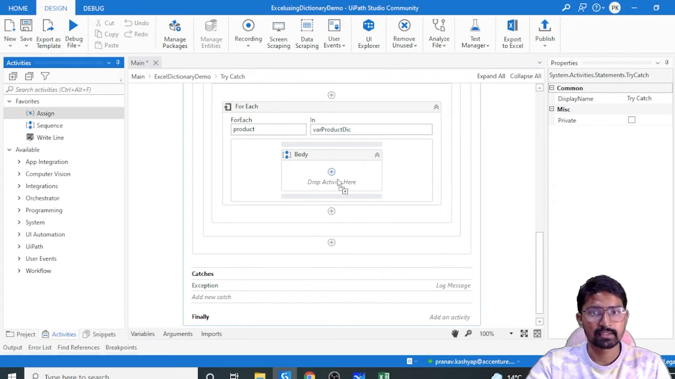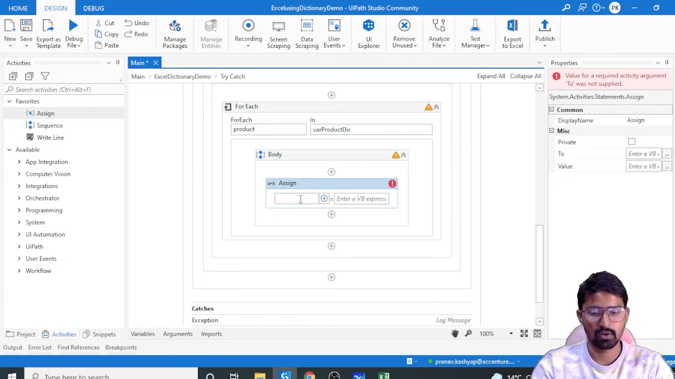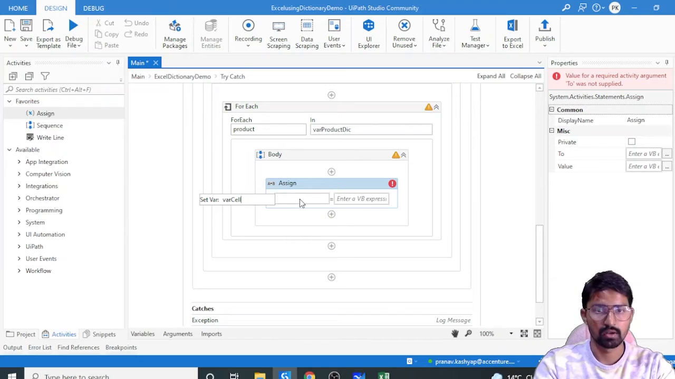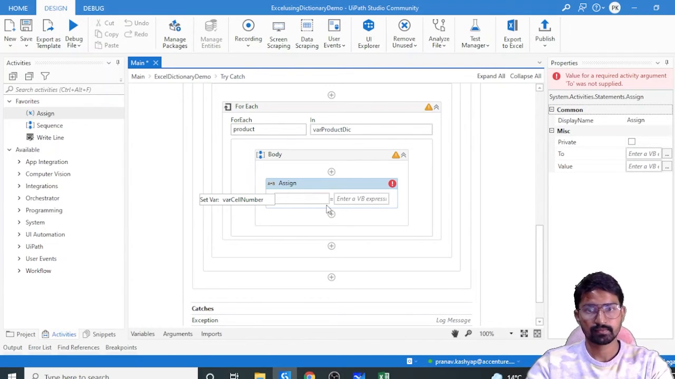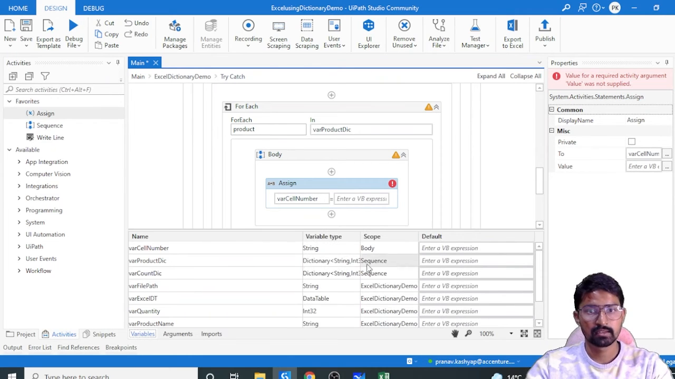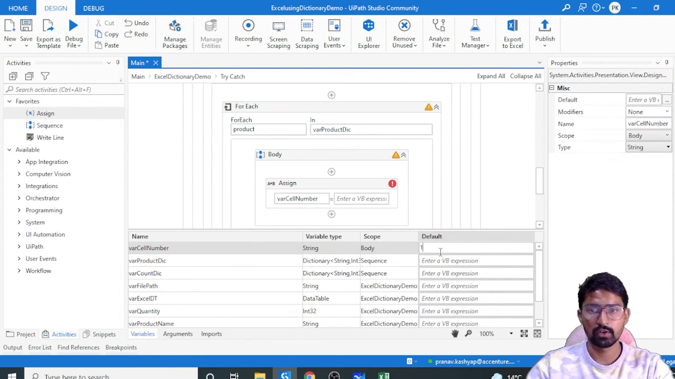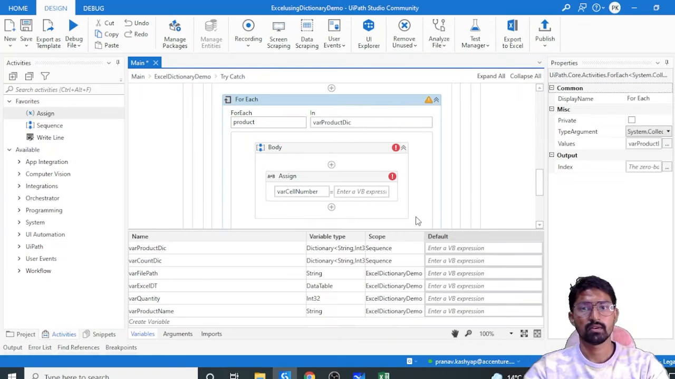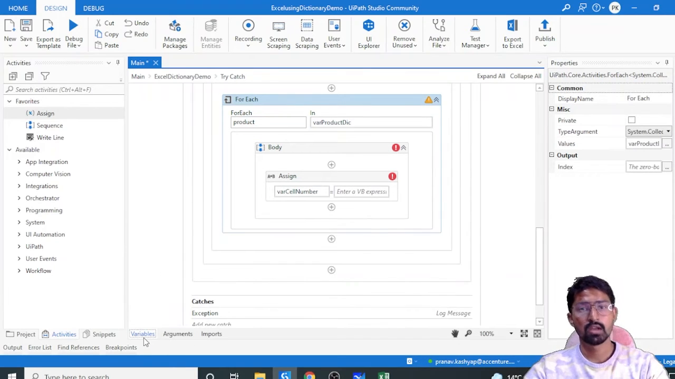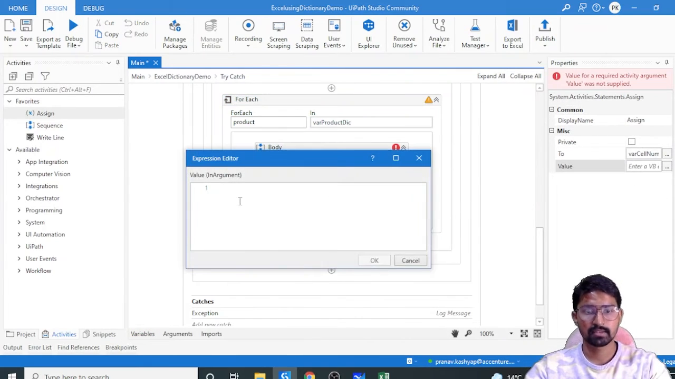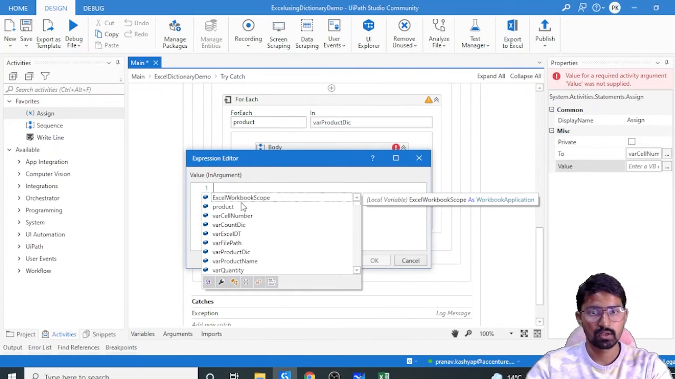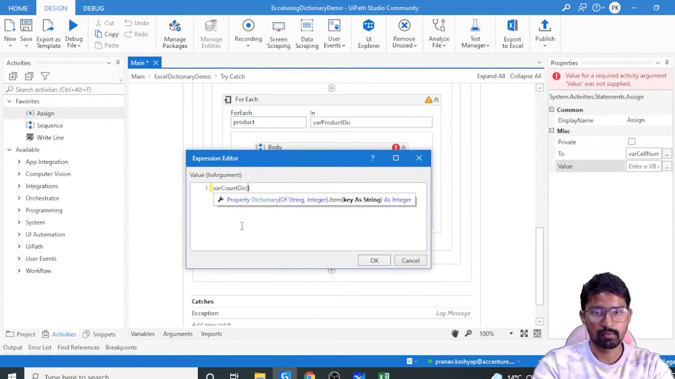So let's take an assign activity and let's take something called a where cell number. And what we have to do, we have to first initialize this cell number. We have to give a default value like 1. Why do we have to give a default value? Because we know it is the header. Because of the header we are giving this 1, and we have to pass that same thing where count of this dictionary, and we have to pass this